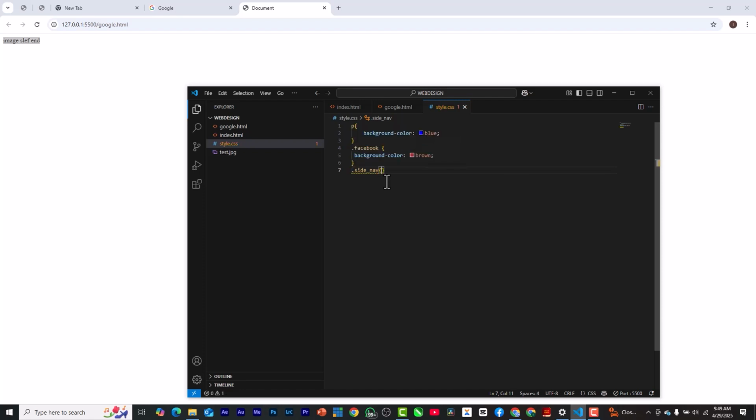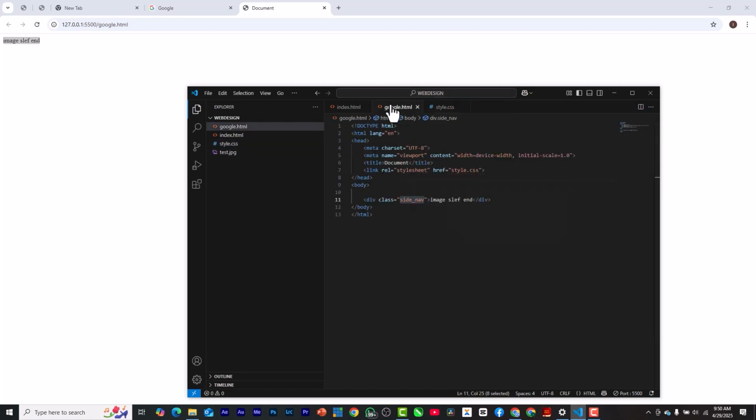So now for that, what we need to do is let's try and bring the image self end to the right corner, right? And there is a property called display. So that display, I'll call it display flex. And for us to see the change, the effect,